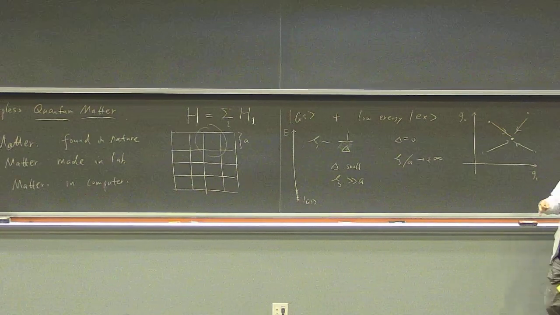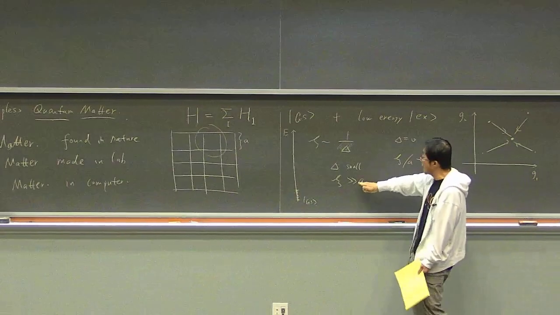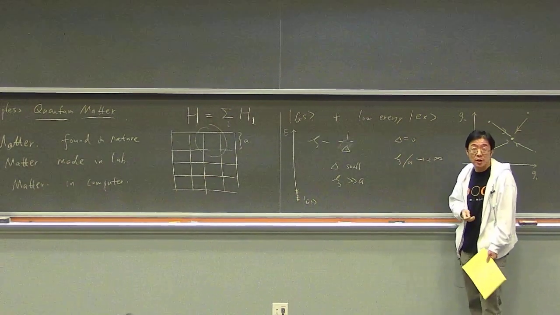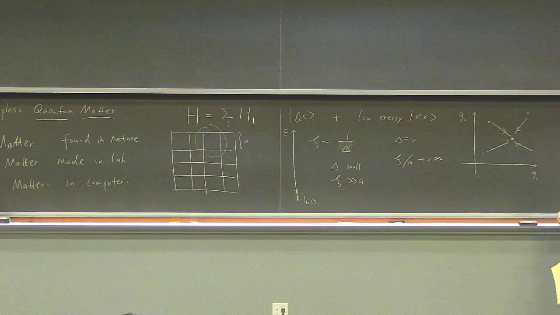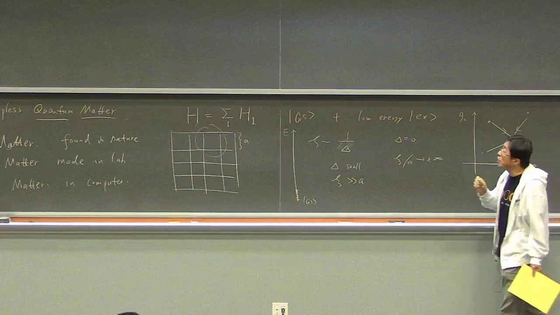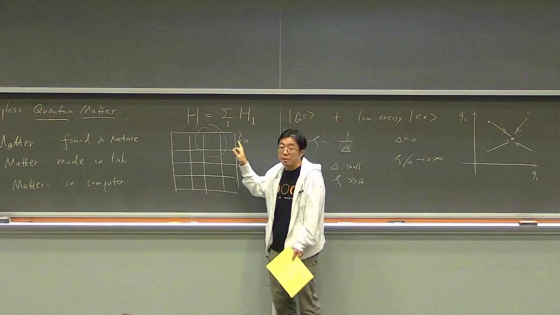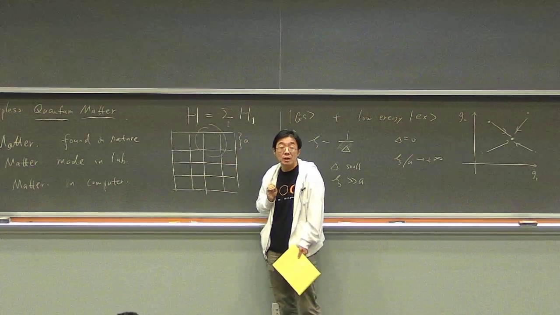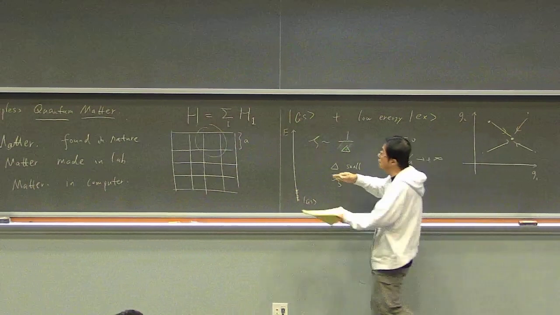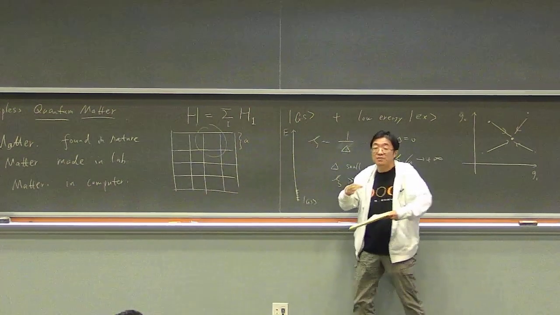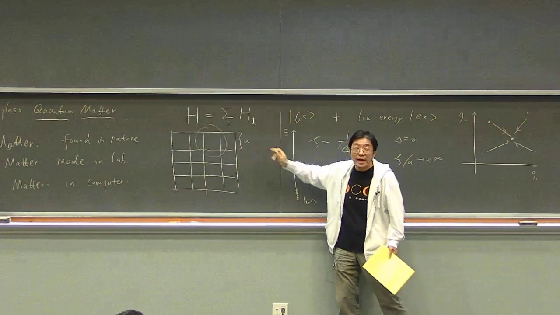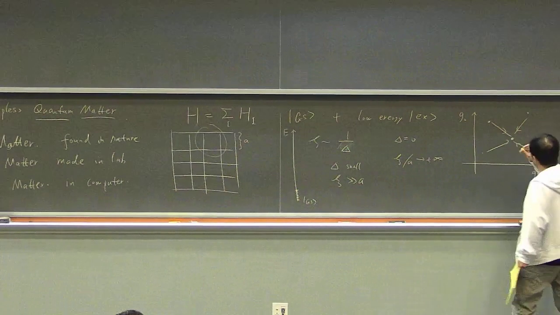So that means in this kind of situation, when the correlation length is much greater than a, or when it is infinite, the most ideal situation, then it doesn't really matter where we start on the parameter space. It doesn't really matter what the details of the Hamiltonian are. Because eventually in the IR limit, if we only look at the long distance physics, meaning physics at length scale far greater than a,